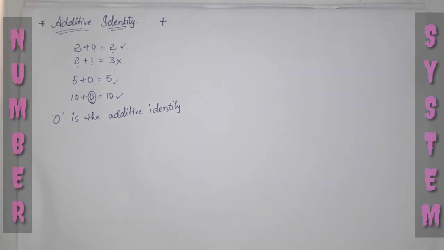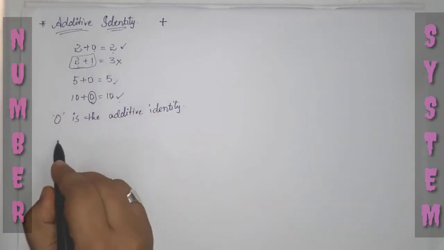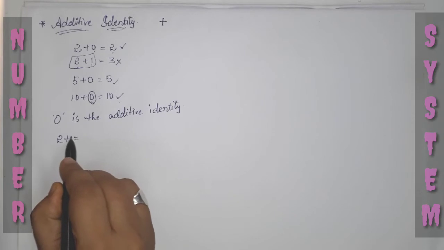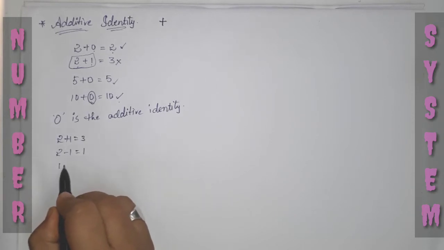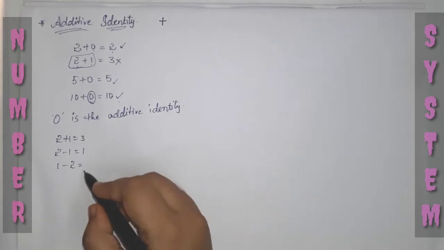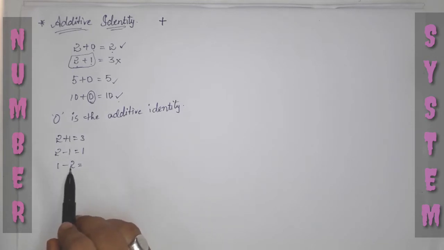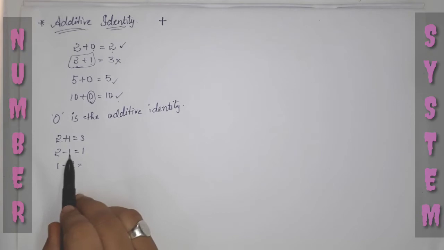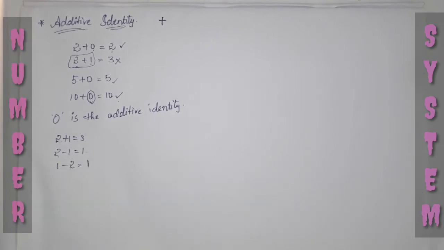Okay. Now I am taking the same fundamental operations. 2 plus 1, how much? 3. 2 minus 1 is 1. 1 minus 2, how much? Can you say what is the value of 1 minus 2? You know only 0, 1, 2, 3, 4 whole numbers, natural numbers. What number will you get when you take 1 minus 2? 2 minus 1 is 1, 1 minus 2 also 1 only. Can we take it like that?